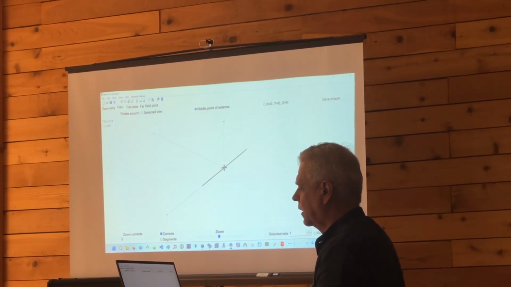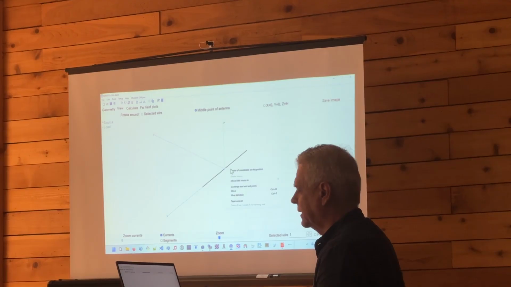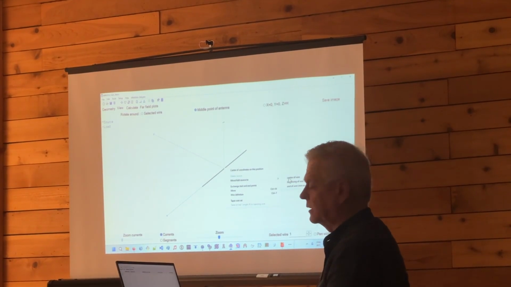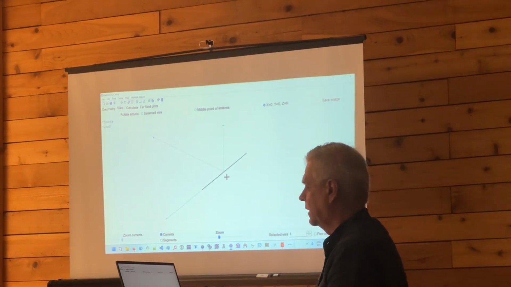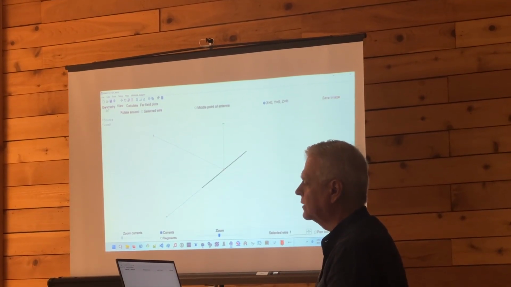We're going to hover our cursor in the middle, right click, and move the source no longer to the beginning of the wire, but to the center of the wire. So right there we have modeled our antenna, okay? Now, by putting the source here, let me point you to, let's go back to the geometry tab and